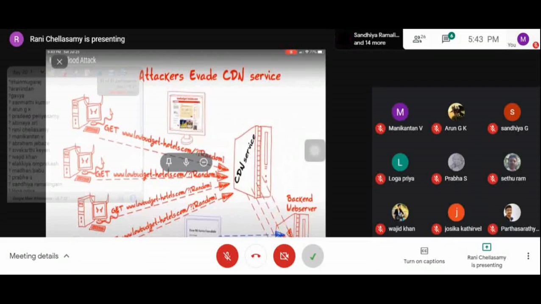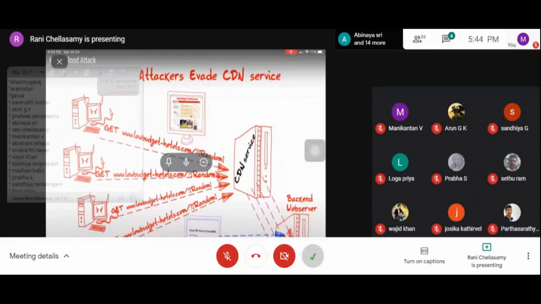It also provides service for downloadable objects such as media files, software, and documents. It also serves applications such as e-commerce portals, live streaming media, on-demand streaming media, and social media sites. These are the services provided by the CDN, the content delivery network, otherwise called the content distribution network.